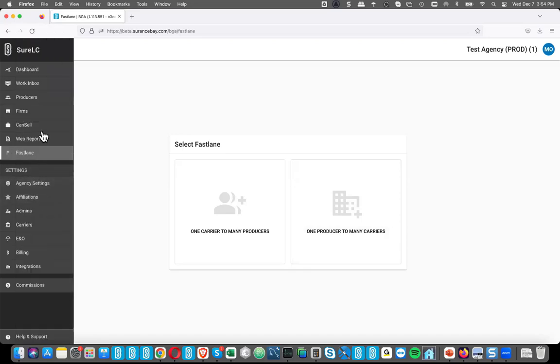So that's most of the stuff. There's a couple other things. Here's the web reports. This is where you can go to access the web reports. Cancel is actually something that is kind of in beta right now. I'm not going to talk about that. If you're interested in learning more about it, reach out and let us know, but it's not available for